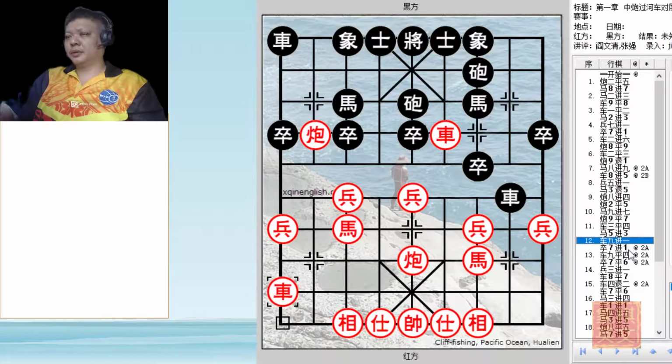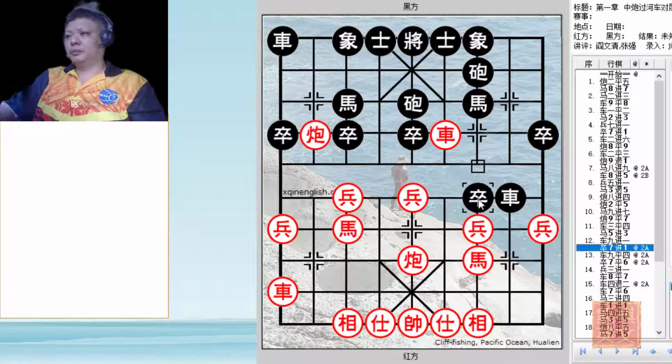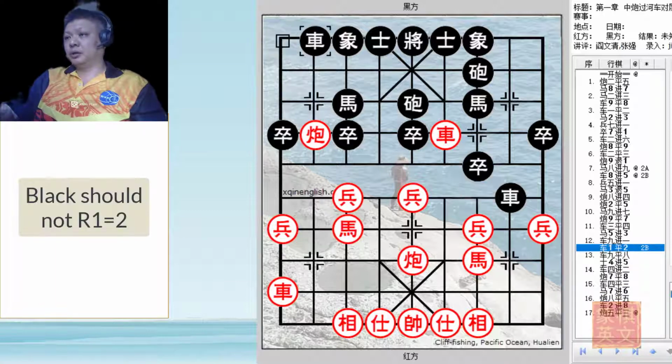R9 plus 1, and black charged the pawn forward so that the situation on the board will suddenly become alive. Both colors will be attacking. Now this is a very crucial move to make. So black should not move R1 equals to 2 at this point, because red will protect the cannon,